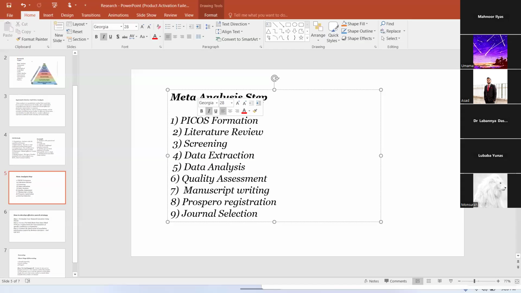Now metformin is a drug, and semaglutide is a drug too. Metformin is the intervention, and semaglutide is